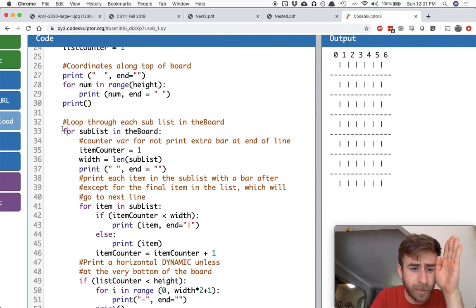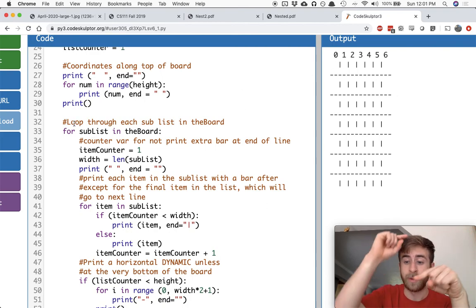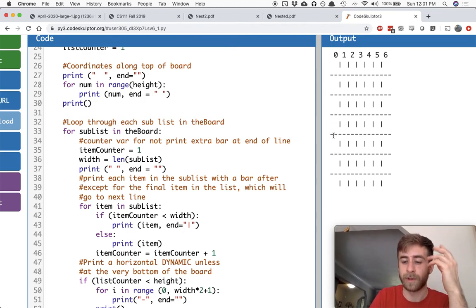So this first loop is going to say, all right, for each sublist in the board. So this bigger outer loop is doing these guys over here. Boom, boom, boom, boom, boom. The getting to each column. And then in this inner loop, that's when it does horizontal. So before the inner loop, right before the inner loop happens,